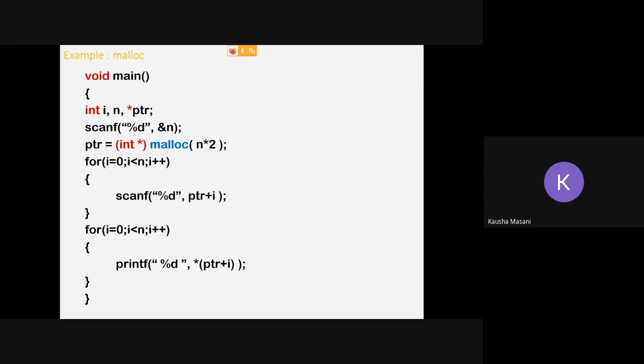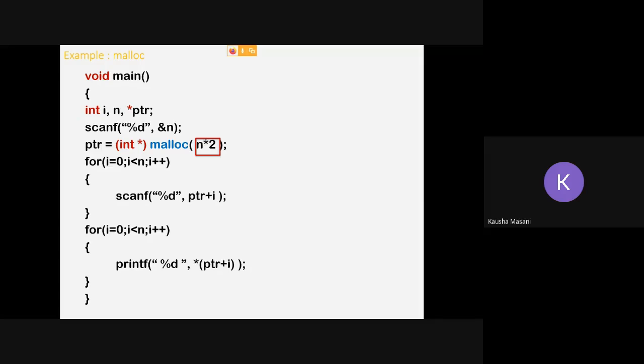Why 4? Because integer type. So with this scanf statement I get a size value, and that particular size value I'm going to pass here in the highlighted portion.